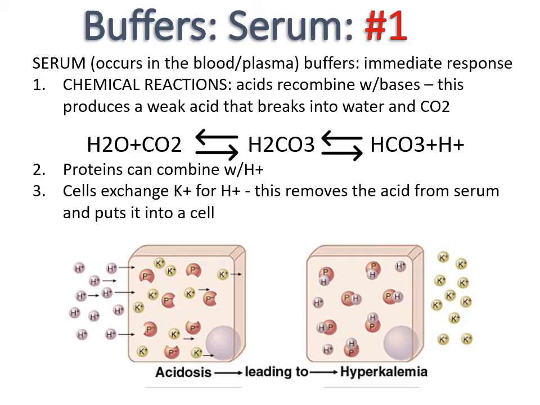The one we're going to talk about now is a very fast-acting buffering system for acidosis, because the body does not want to live in an abnormal pH environment, whether it's acidosis or alkalosis. But remember, the much more common one and the much more dangerous one is acidosis,